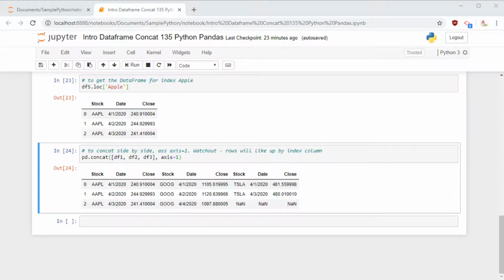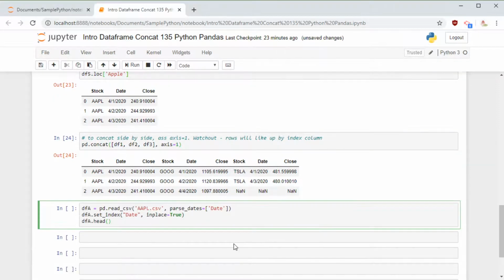And now here I'm reading the apple.csv file and parsing the dates, saying there is a date column, because internally the date is in the form of a string, and when you pass a string as index, it may not work out well. So I felt it's better to convert it into a timestamp format.